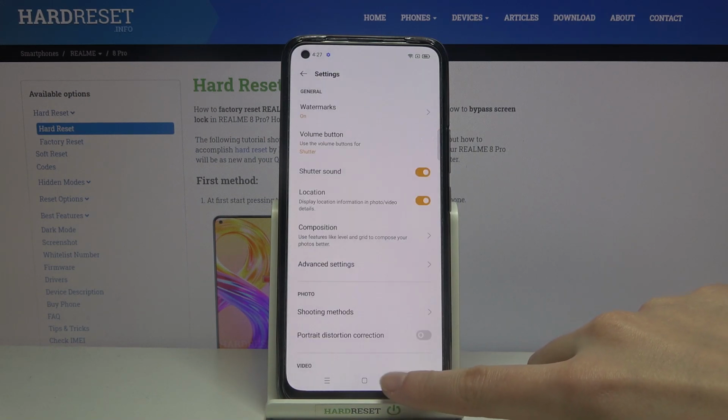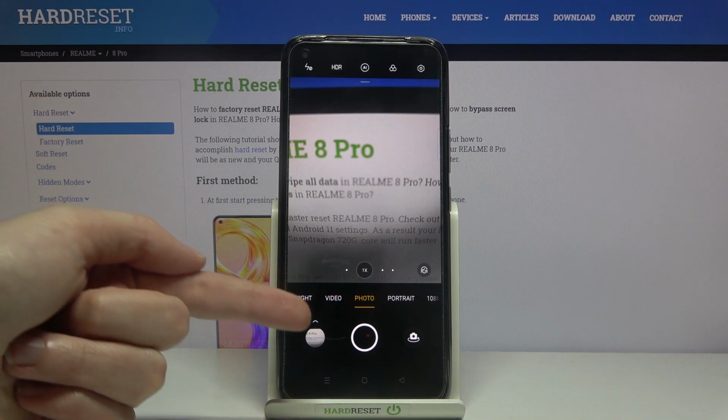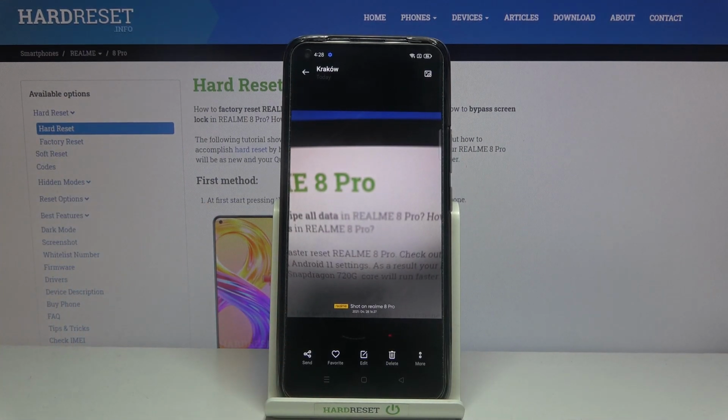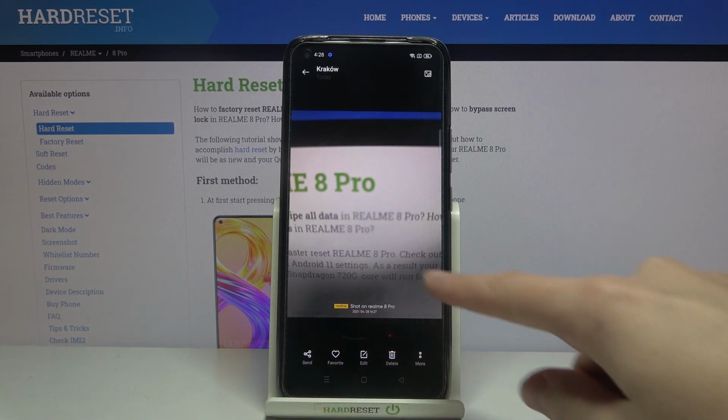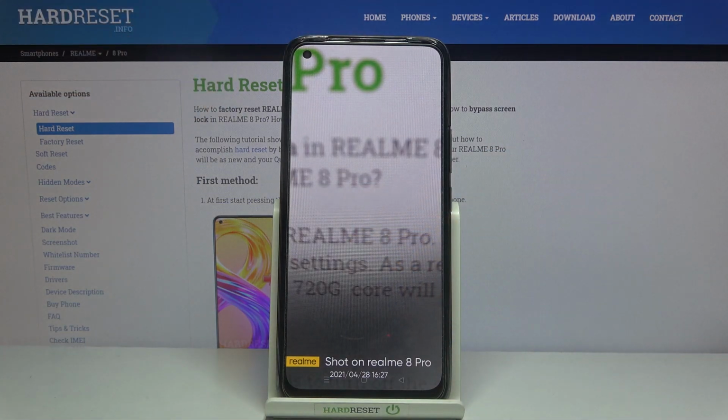Let's move back to the camera to take a picture to see them on the real one. Now to see the photo let's move to the left to this button that takes us straight to the gallery. And this is our picture with watermarks at the bottom. Let's get closer to them. As you can see, we have the Realme watermark, shot on Realme 8 Pro, the device one, with date and